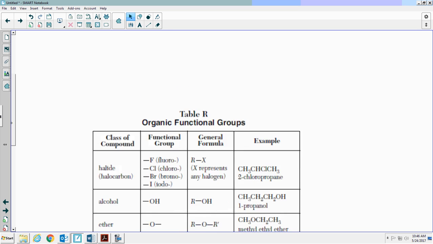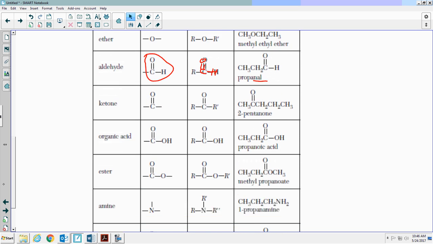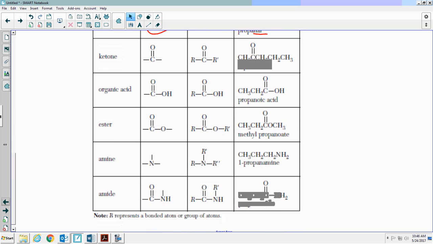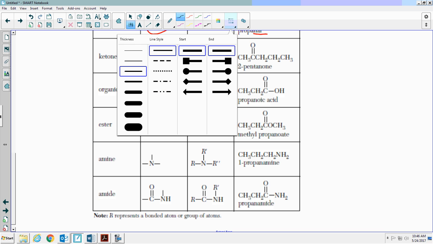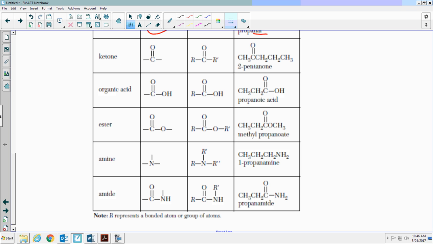Let's look at Table R. We find that under the ester, so we have 1 carbon chain which includes the carbon with the double bonded O, and then we have a different carbon chain, and they're all connected with that double bonded O, single bonded O that makes the connection to the chain. How do we show that in the name? Well,